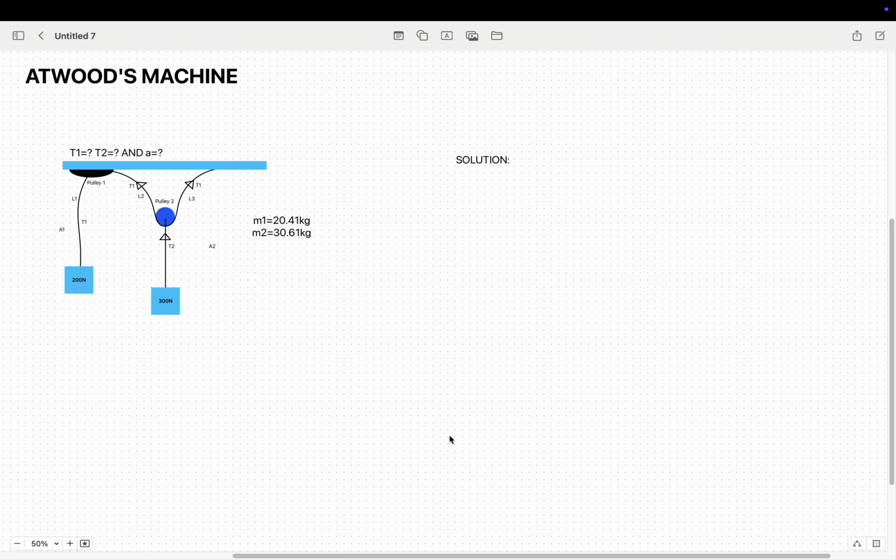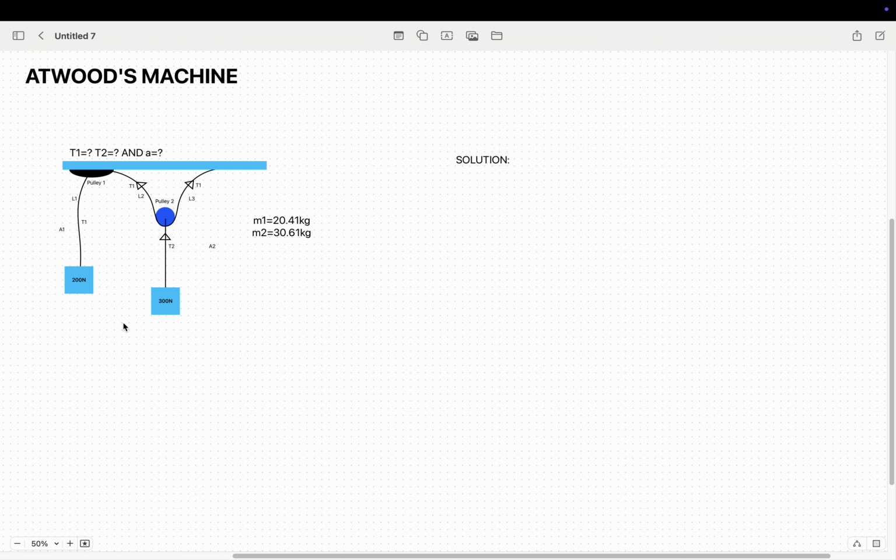A very critical problem related to Atwood's machine. In the Atwood's machine system, there are two pulleys and a common rope, which is clamped to the ceiling and holds pulley 2, then goes through pulley 1, and it is attached to an object weighing 200 Newton, and another pulley holding an object